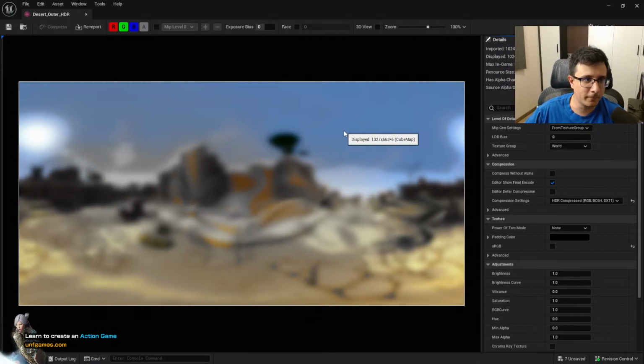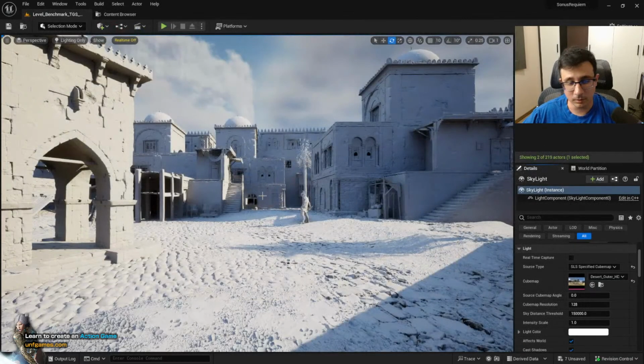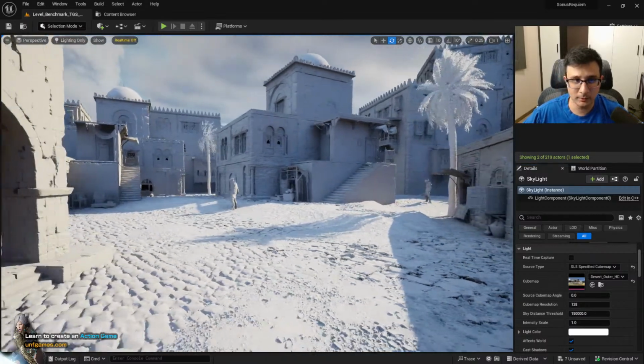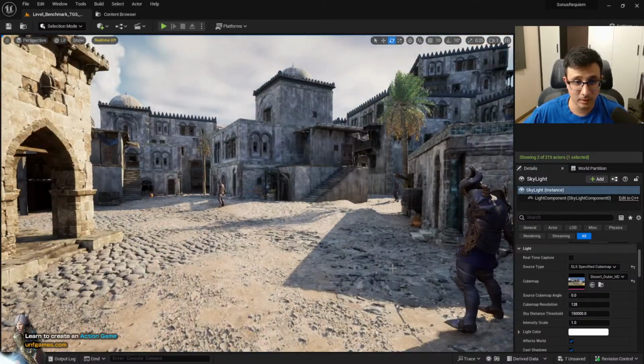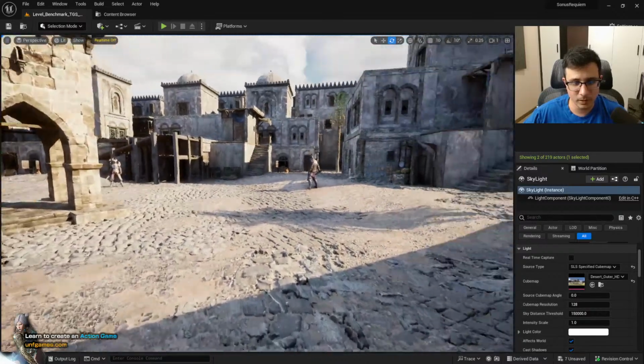It's usually an environment, and it will grab the colors of it. Instead of grabbing the colors of your own scene, it will grab the colors of the cube map, right? So you can go there, and you can already see that my lights are kind of cooler,